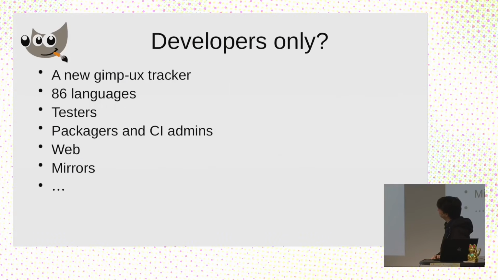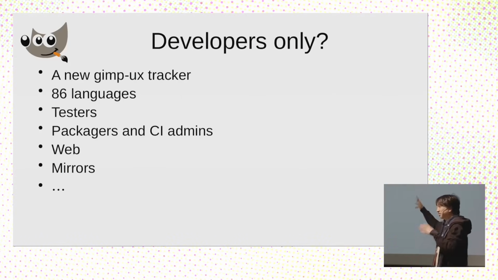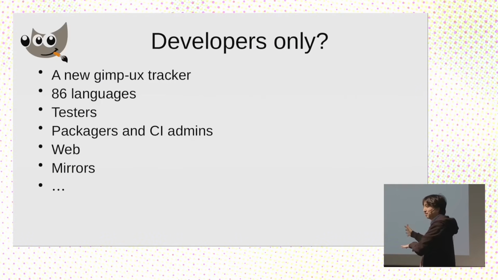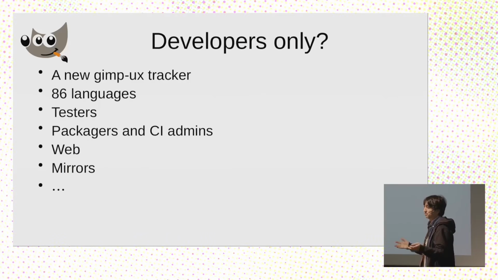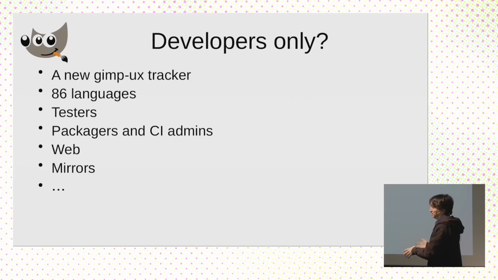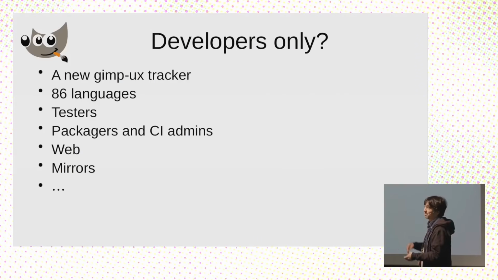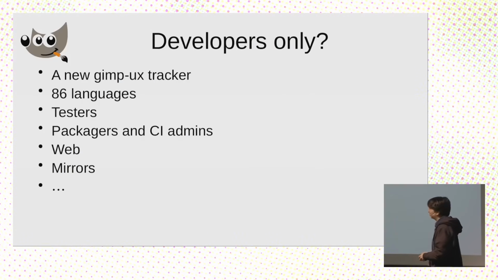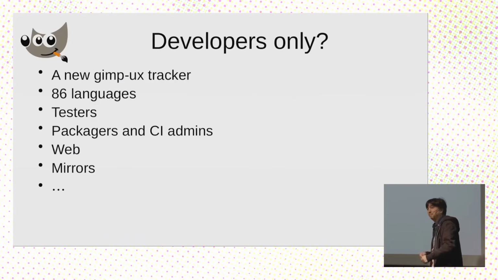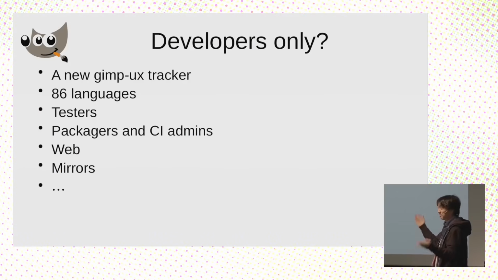That's pretty good. And GIMP is not just developers. One of the changes I'm trying to bring is more designers. So we made a separate GIMP UX tracker for user experience discussions to steer how GIMP should improve. We have 86 languages, so there are a lot of translators, and GIMP testers. Anders here is one of the prime testers, so we invited him as core team, because he was initially a translator.